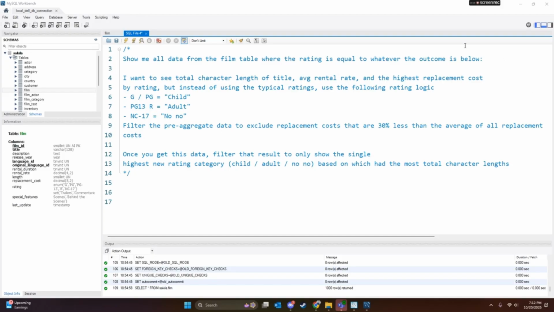I'm going to take apart this problem and show you how I think about it, as well as how I try and solve the problem. It says, show me all the data from the film table where the rating is equal to whatever the outcome is below. So that tells me this is a parent right here, and then there's going to be a where